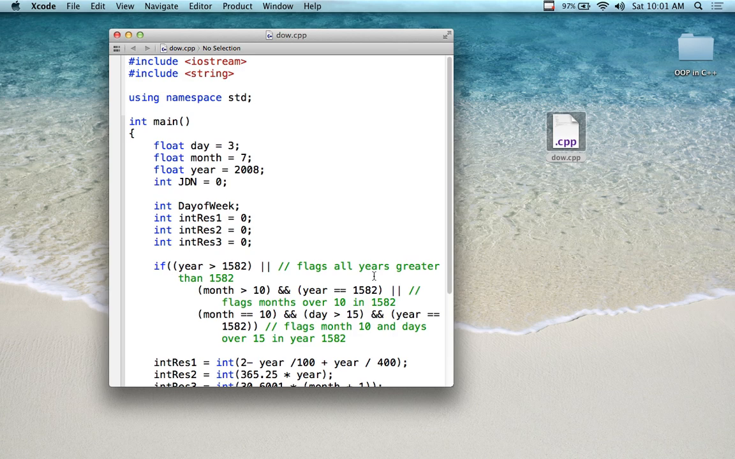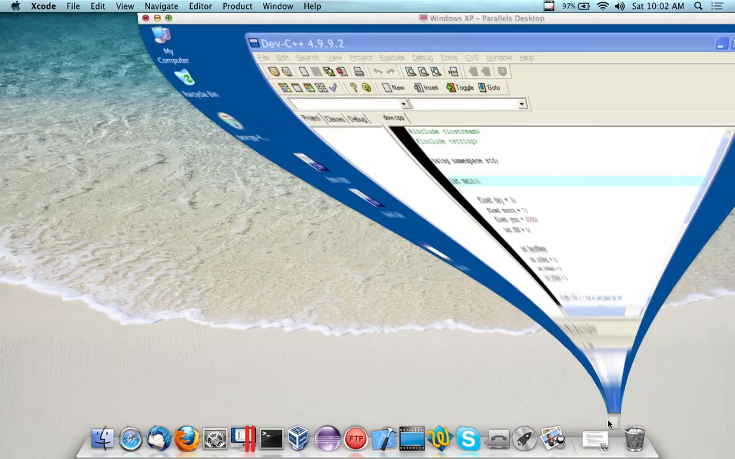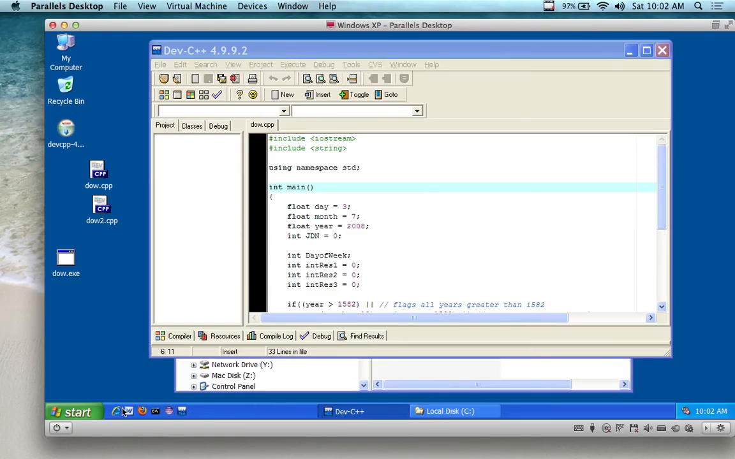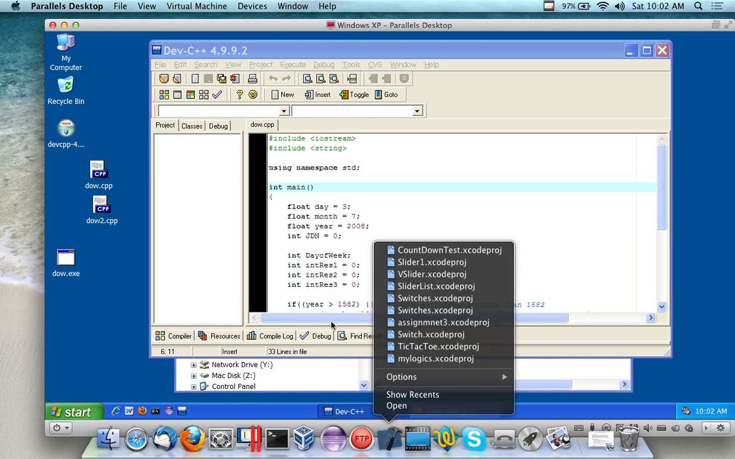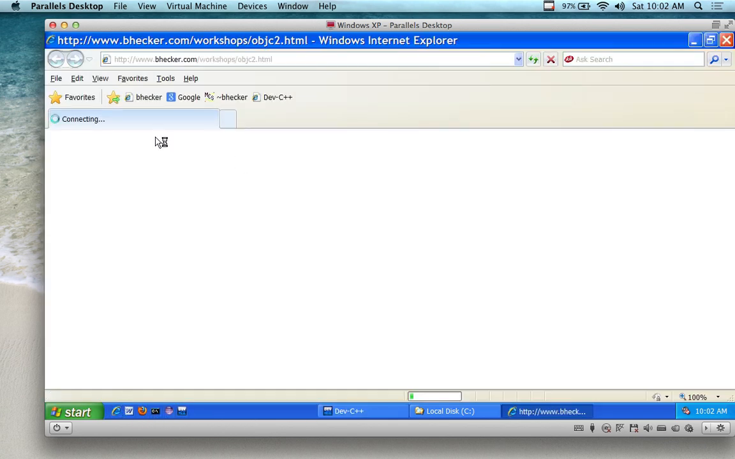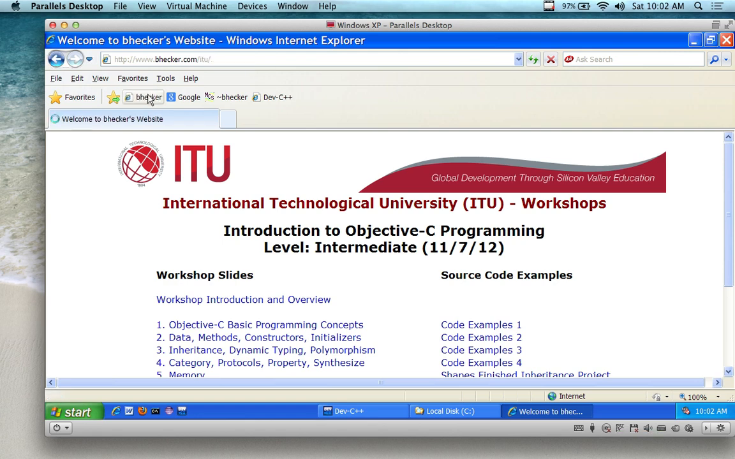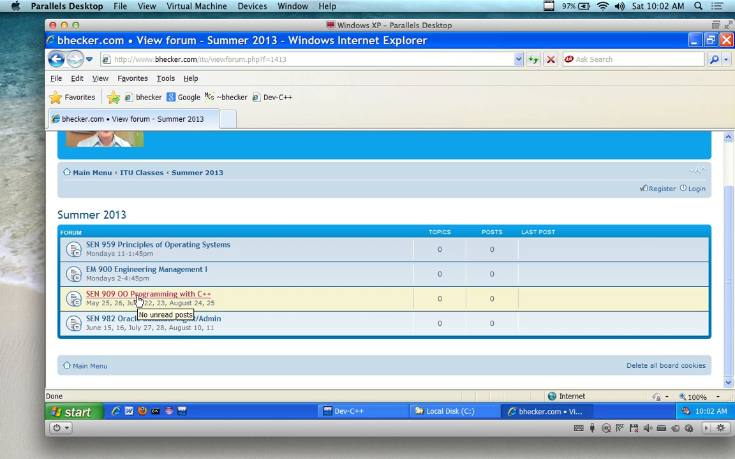Yes? Where was that example? Oh, let me show you the example. So if I go back to the, oops, I was in Windows here. If you go back to the bhacker.com website, and close Xcode here. There we go. So in the bhacker.com website, under Summer 2013, under SEN 909,